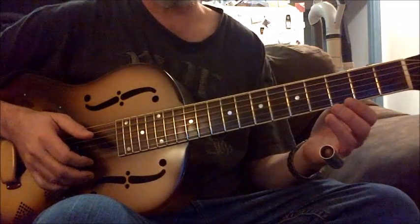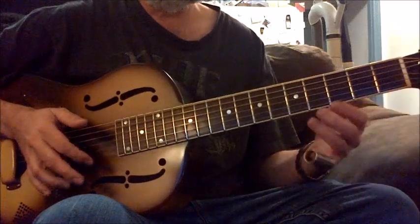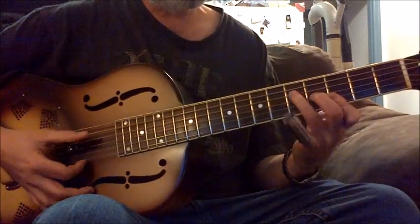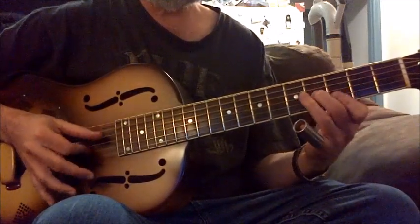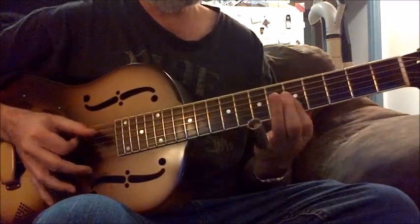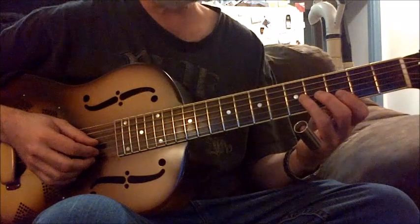I haven't played without picks for a very long time, so forgive my mistakes, please. Then I figured out that I could do my G7 chord here, which is just holding it down, or here like this. So just playing around with all these, discovering all these little riffs and listening to records and just getting maybe